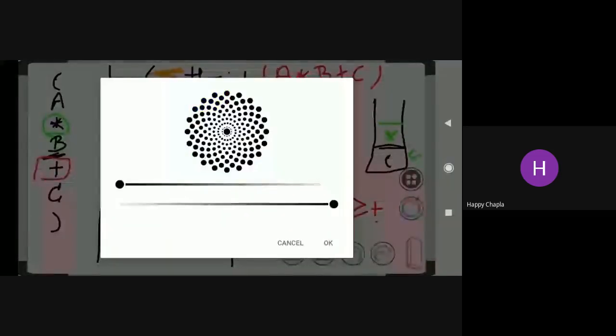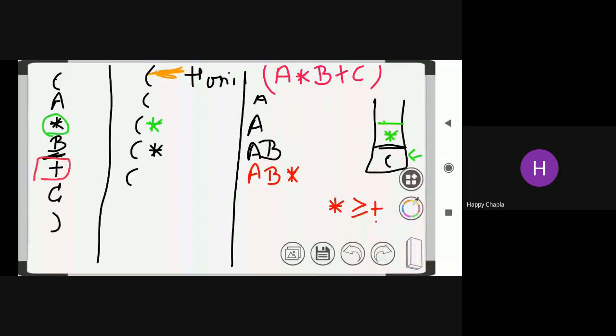I have only the starting bracket, and you need to push your plus into this stack. Star is popping out because the priority of star is greater or equal to plus. That's why it pops out and the new element is pushed into the stack.